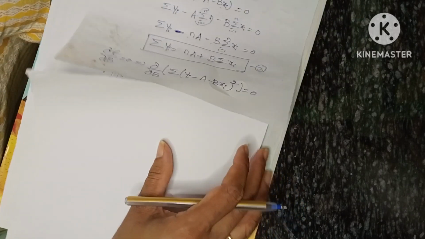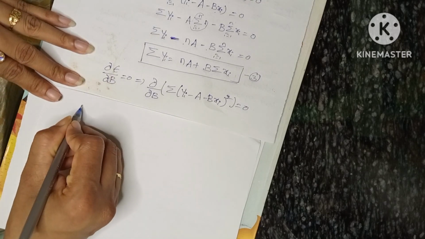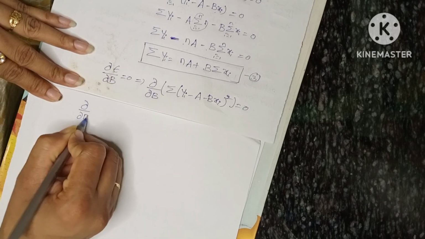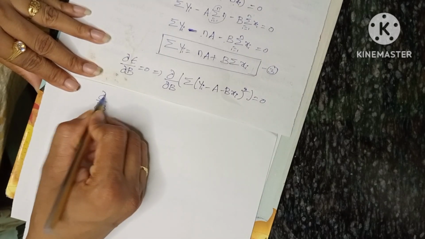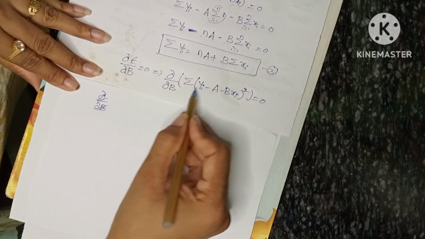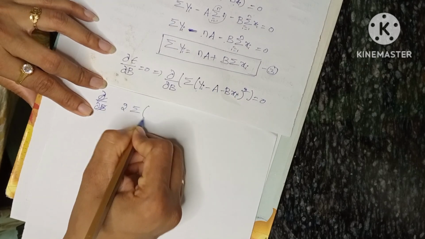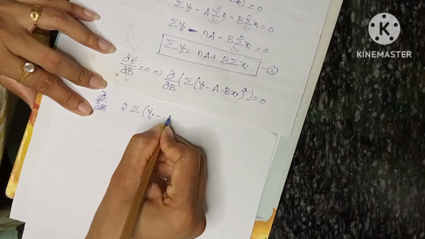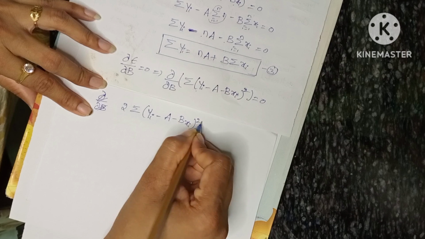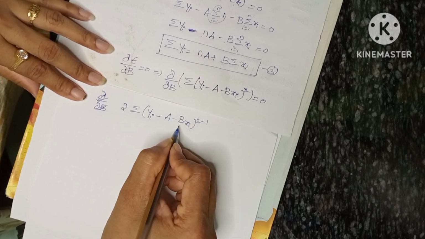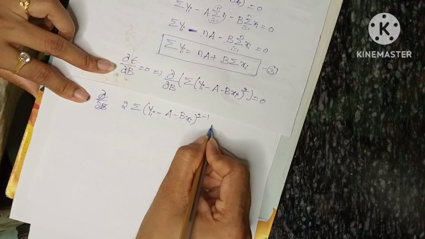So with respect to b, this is again in the form of x square, that means 2 into summation (yi − a − b xi) to the power of 2 − 1, and with respect to b the coefficient is minus xi